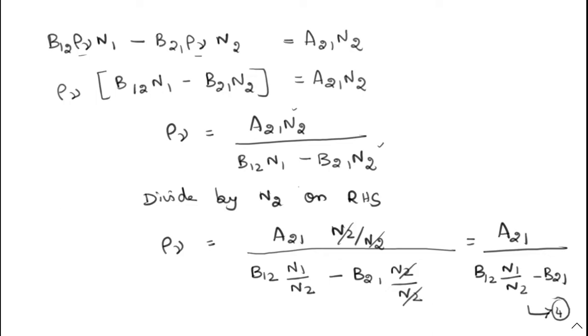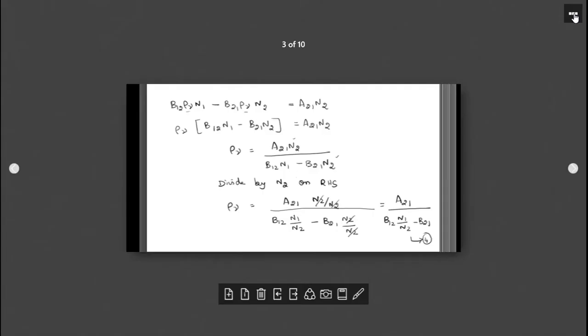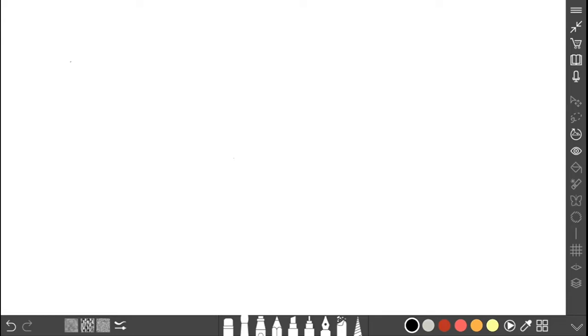So now you see this N1, N2. What is N1? Number of atoms in the ground state, and N2 number of atoms in the excited state. So based on the Boltzmann distribution, I am going to find the value of N1 and N2. So now, according to the Boltzmann distribution law,